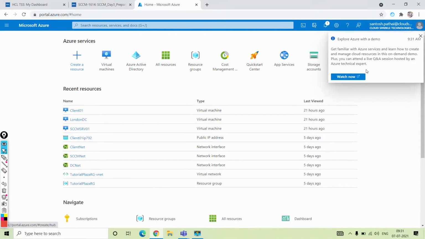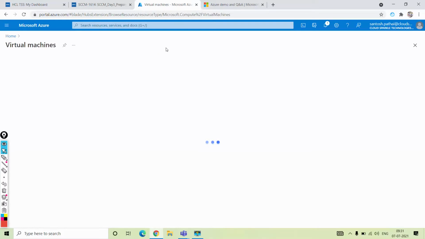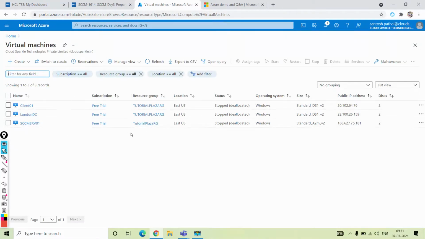I log into my portal.azure.com. So first I'll power on the machines.